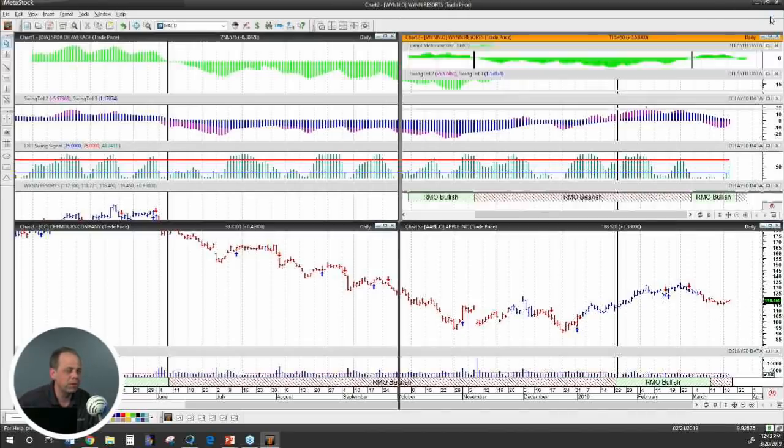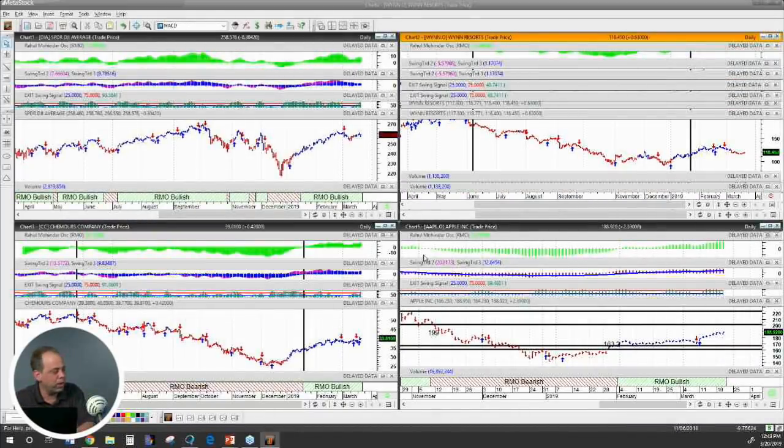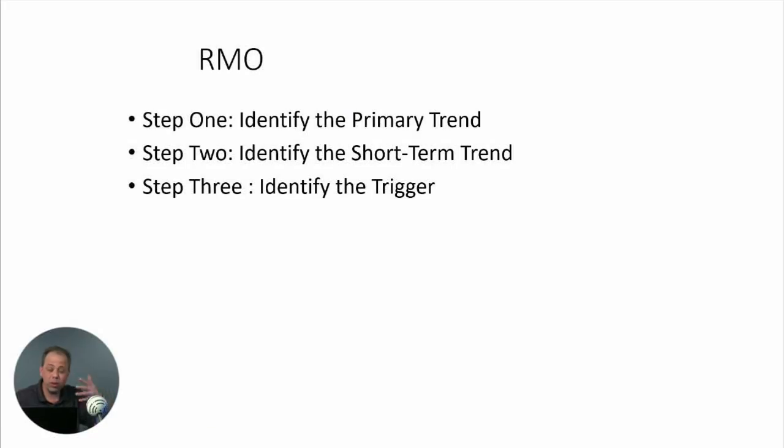So in any case, one of the things I like to show in MetaStock, the reason I like to show it to you again, is it's very, very simple to use. I'm going to show you now how to get a trial offer in MetaStock, but this is something that you can use right out of the box. It's going to be very, very beneficial and helpful for you.